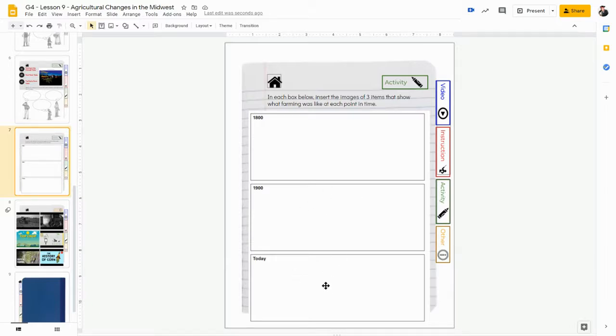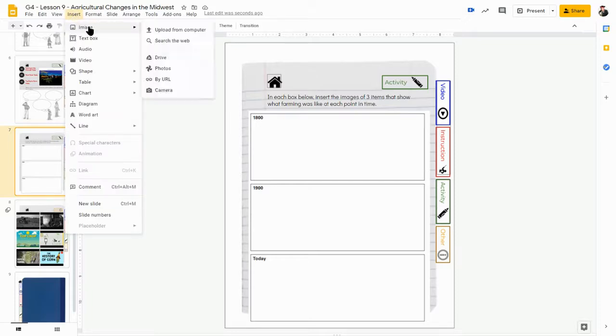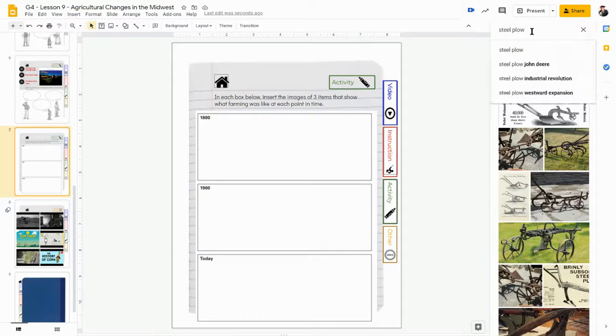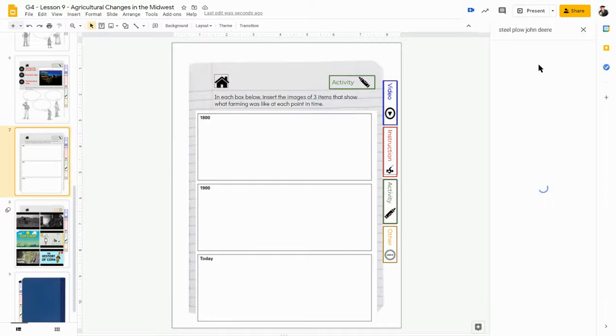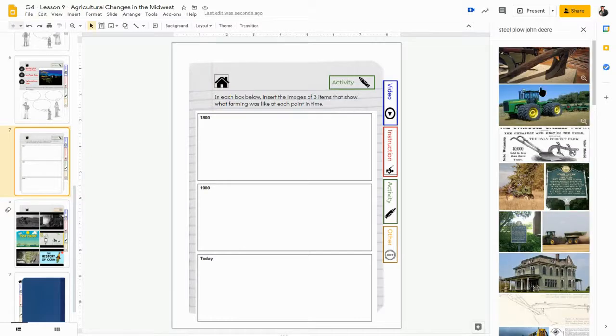So here you're going to make a collage. How are you going to insert those images? Well, again, we're going to go up here to Insert, Image, and I'm just going to search the web. Now, I will have to know what terms I'm searching for. So if I wanted to search for steel plow, I could even search for steel plow John Deere. And I could see this image right here